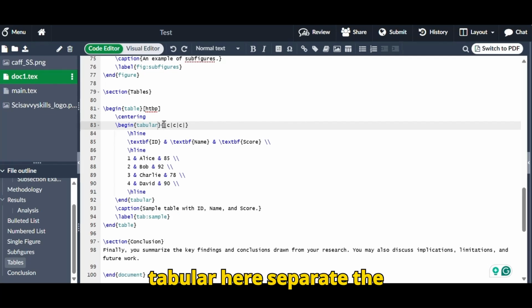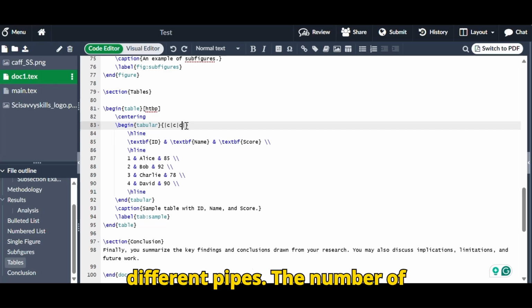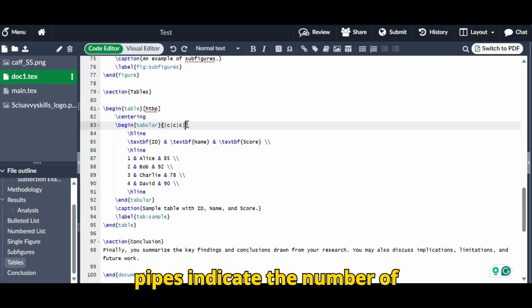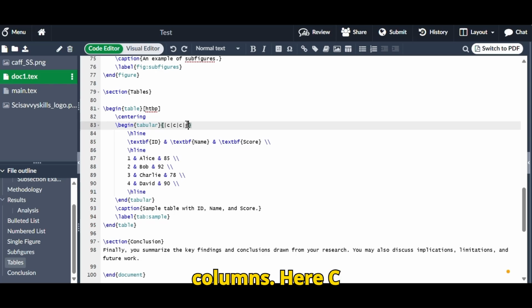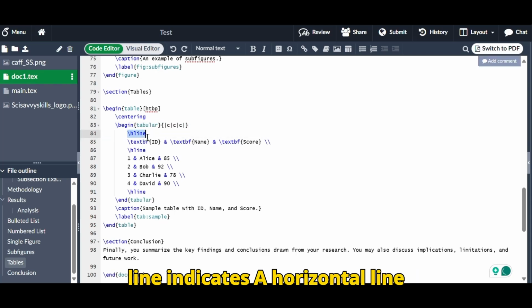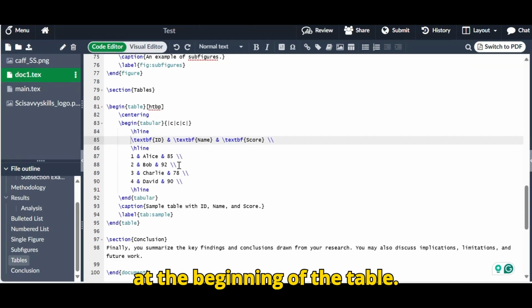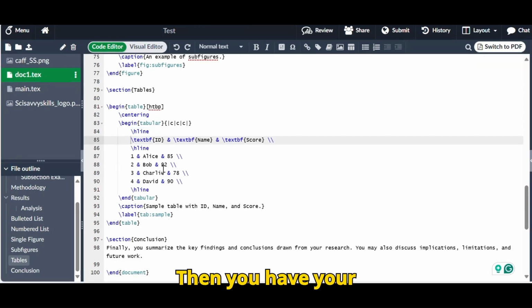Begin tabular. Here separate the columns by the different pipes. The number of pipes indicate the number of columns. Here C stands for centering. Backslash hline indicates a horizontal line at the beginning of the table. Then you have your